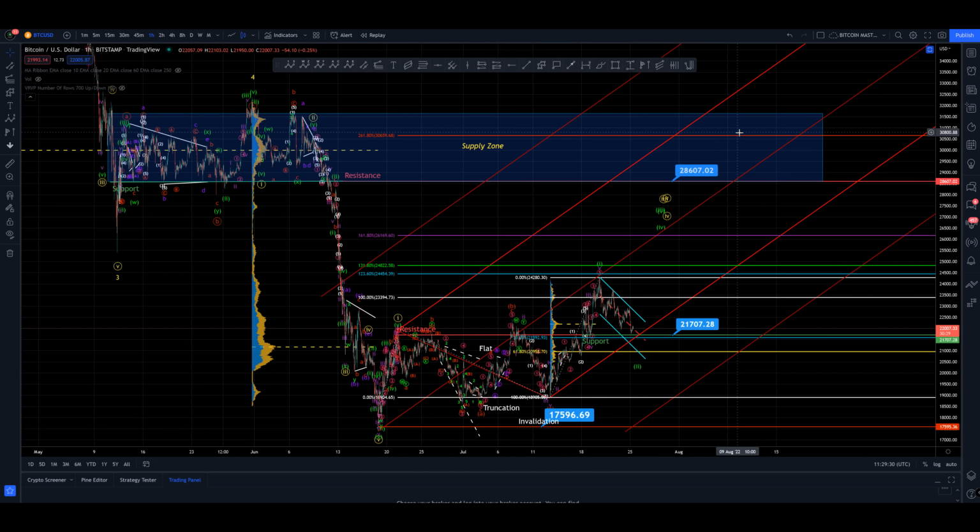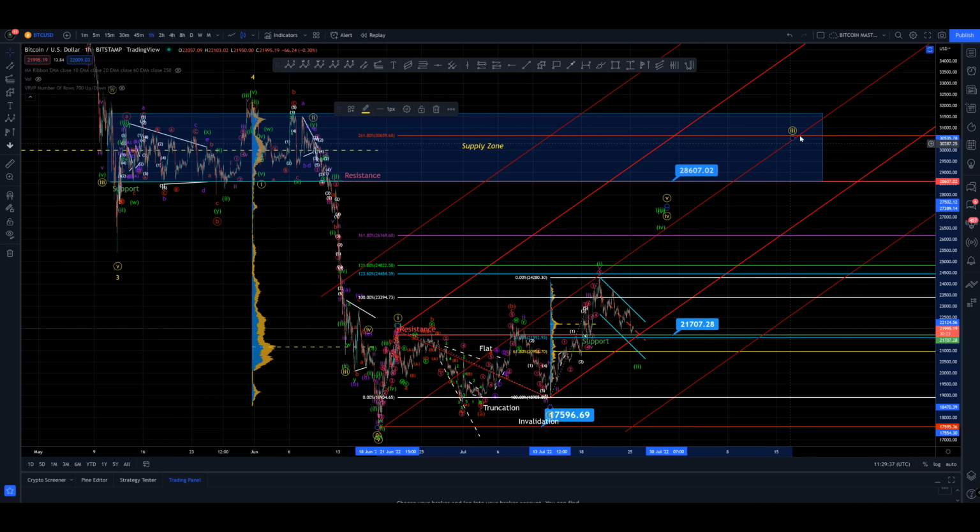So I think coming up to the 2.618 into all this supply could be the completion of the minute 3. And perhaps at the median line. It's all guesswork, guys. It could be at the top here. Alright, and then you get the 4, maybe that retraces the median. Then you get the 5 to break it, or maybe double top into the supply zone, and then from there you'll be looking for 3 down.